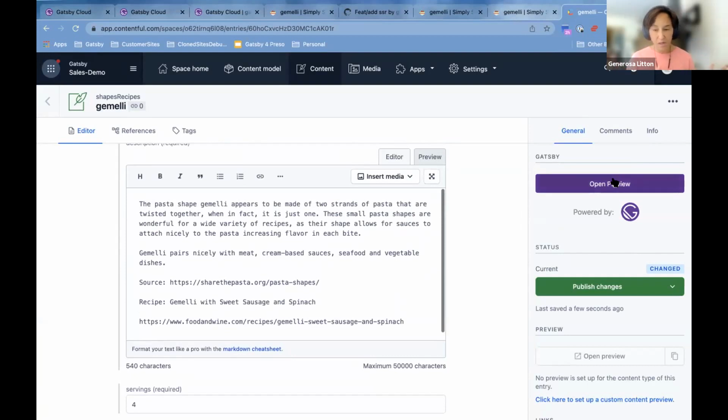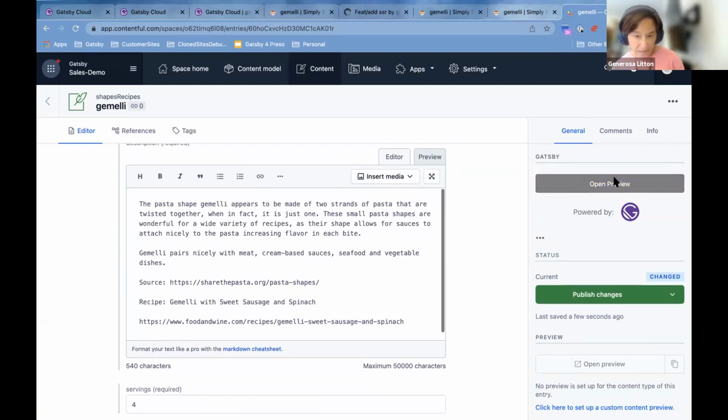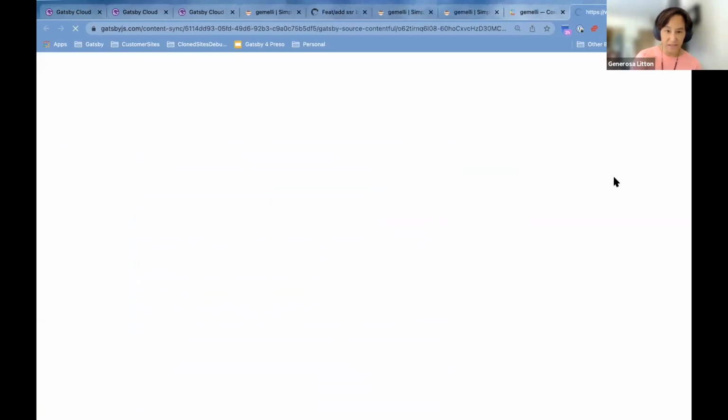Again, because Gatsby Cloud is integrated with Contentful, we can actually look at a preview right within Contentful. And again, because of content sync, we're able to actually view your previews in place. So while that's going, as a developer, now I'm switching mindsets.